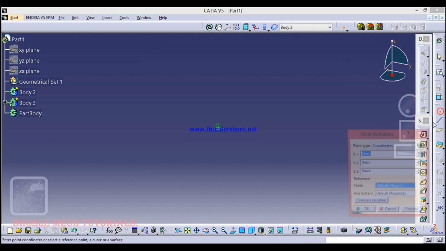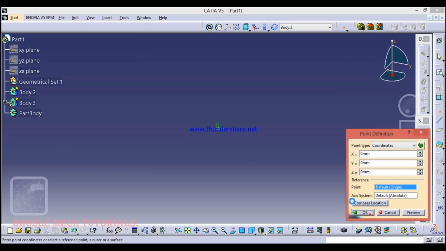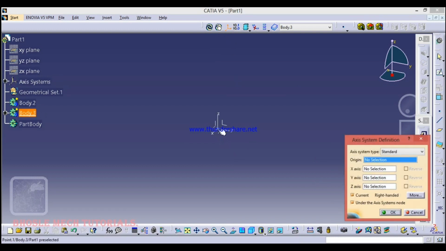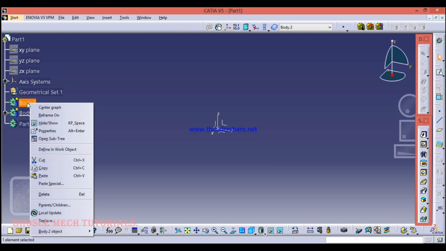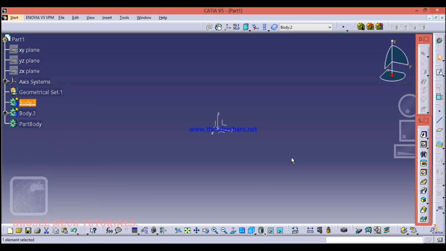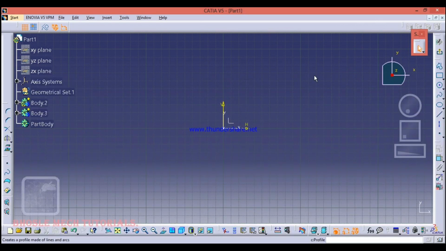Now let us create an axis system. Okay, and this is the origin. Now here body 2, just go and right click on that and define in work object. Just click on that, and now I am going to perform the first operation on body 2 on the XY plane and draw a circle.